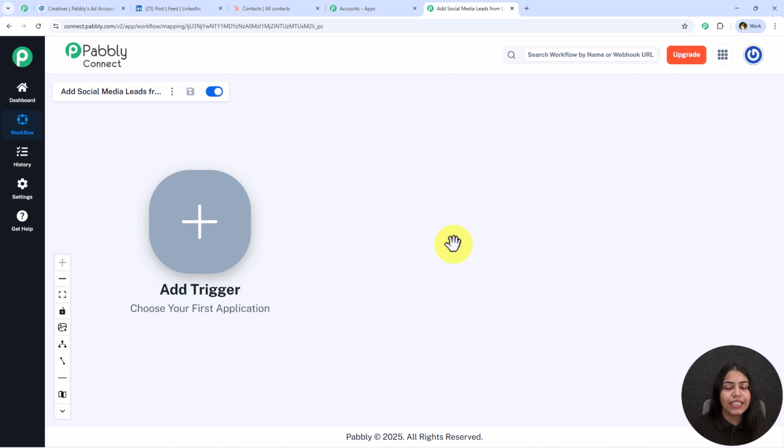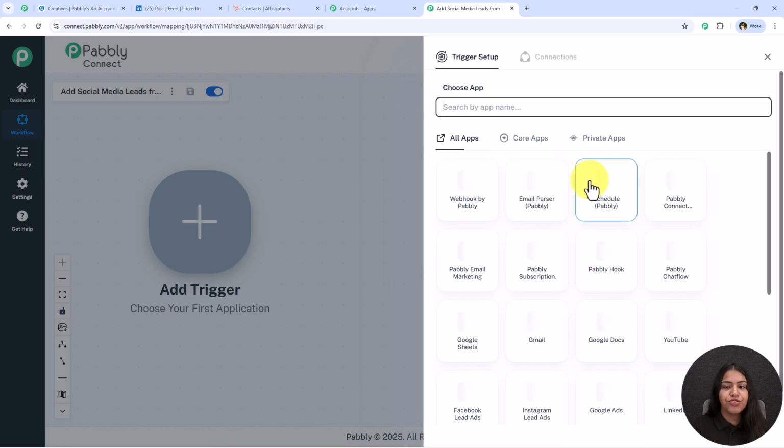Trigger means when this happens and action means do this. So by this you can understand that the trigger starts the process and the actions are results towards the same. So to get started, we have to click on this add trigger button, and now for the trigger application we